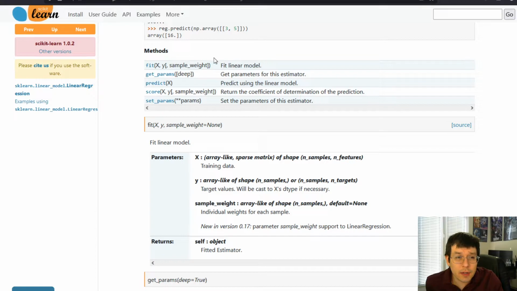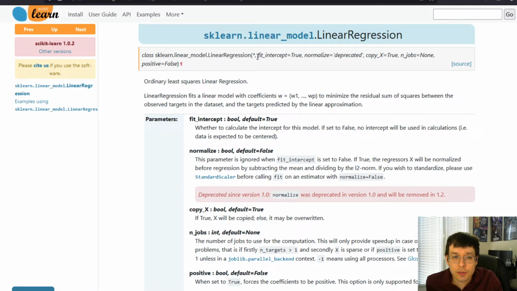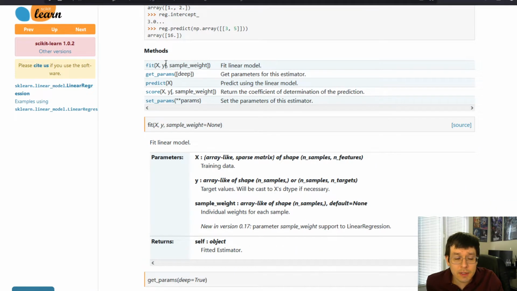And so you can kind of see that here in the scikit-learn documentation for linear regression. Again, this is just linear regression, and you can see how it goes. You've got your fit function, which is what happens when you're training. Your predict function, which is when you want to test something with it, whether you're testing your test data set, or you're really happy with your model and now you're actually going to use it in the real world to predict new data, and you call predict for that. Score is that so that when you